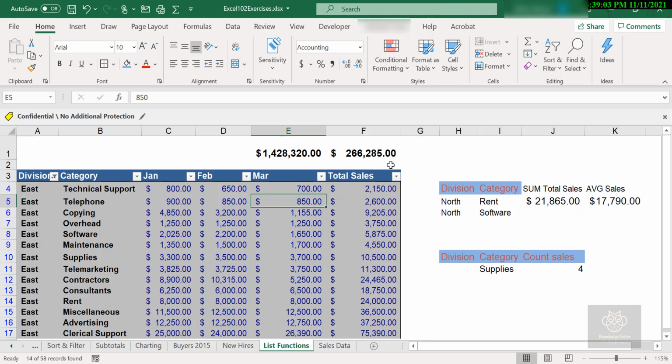So now I said that the outcome is very similar between the subtotal and the DSUM function or DAVERAGE. The biggest difference is you have to filter the list in order for the subtotal to really do its job: give me the subtotal of East records for the total sales. The DSUM didn't require that, as the criteria was built out here. So like I said, very similar in results, but pretty drastically different in the way that it's created and the way that you implement it.